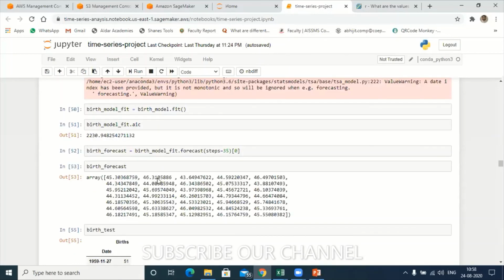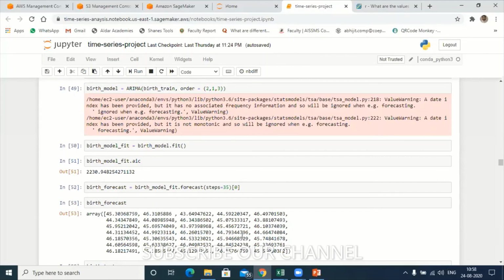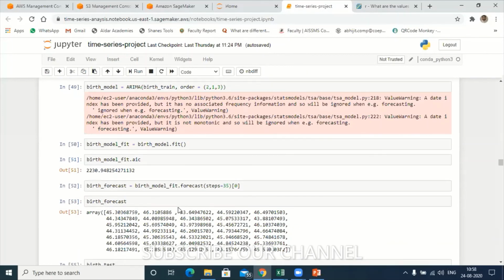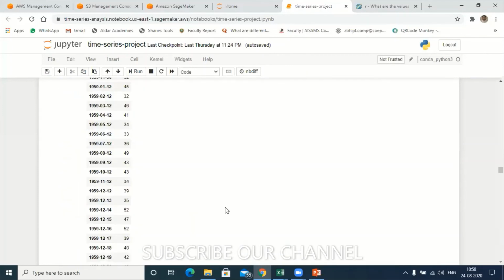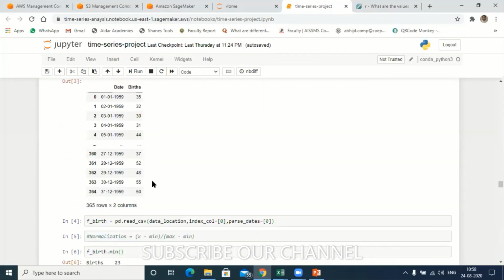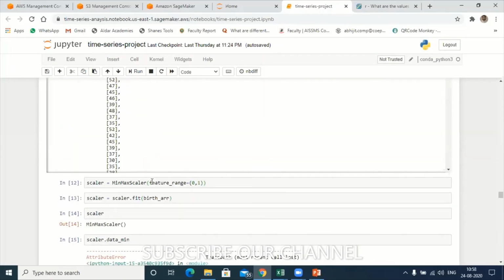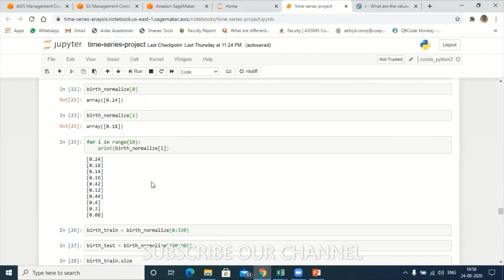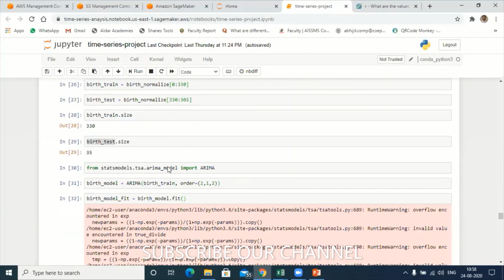This model is better compared to my ARIMA normalization technique as well as my ARIMA standardization technique. That means both normalization and standardization are not going to work out for this particular data set.